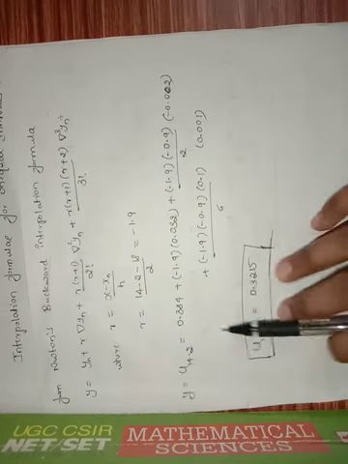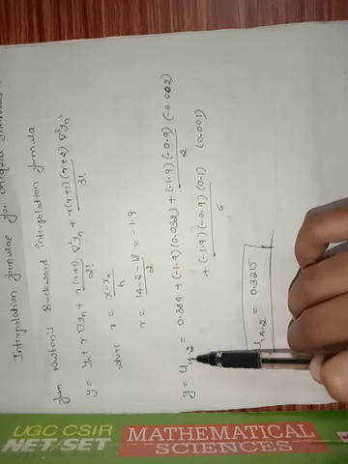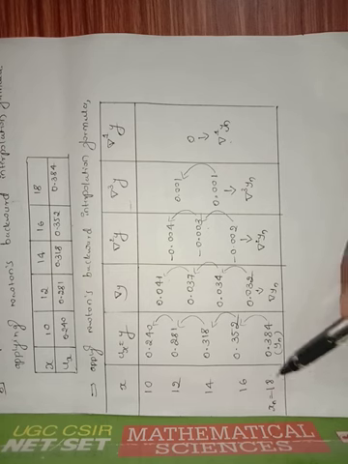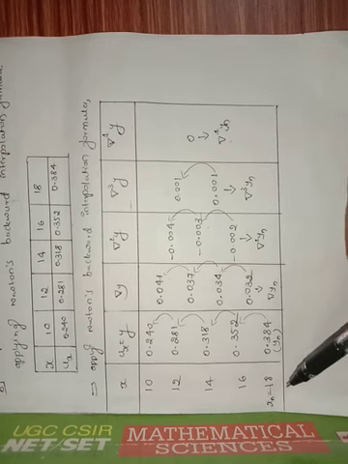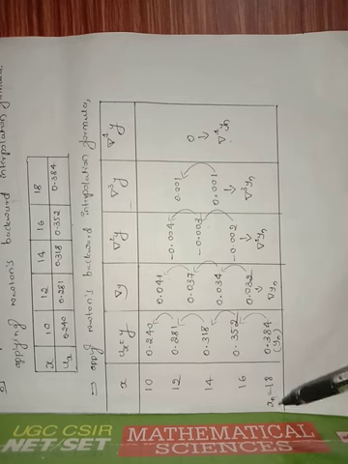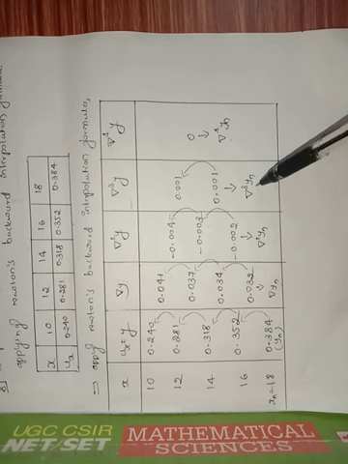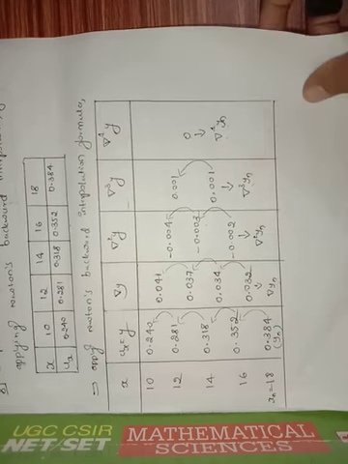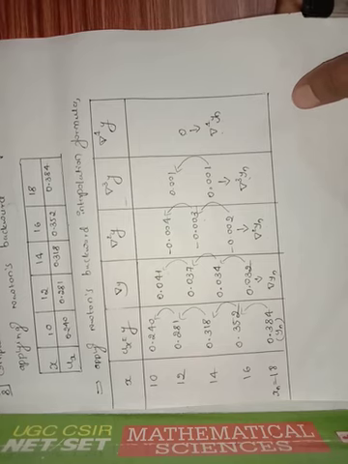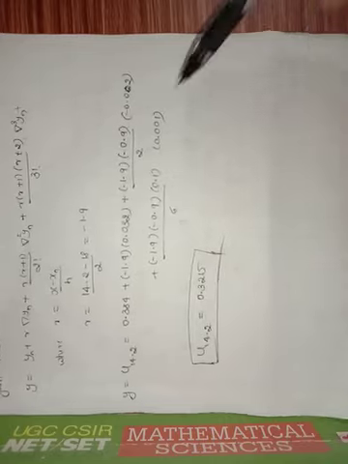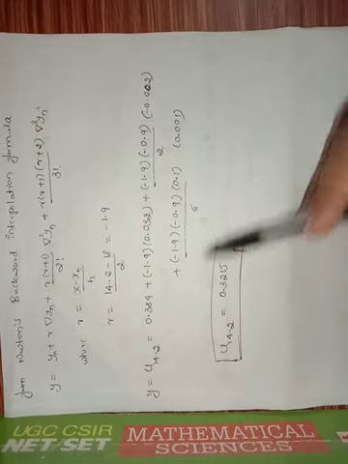So y is nothing but u of 14.2 only. Yn means 0.384. Observe, xn and yn are the end entries or last entries in the x and y columns. xn means 18, yn means 0.384, followed by inverse delta yn, inverse delta square yn, inverse delta cube yn, inverse delta raised to 4 yn. Then substitute all these leading backward entries, along with yn as 0.384. I substituted already here. Then solve this whole term.